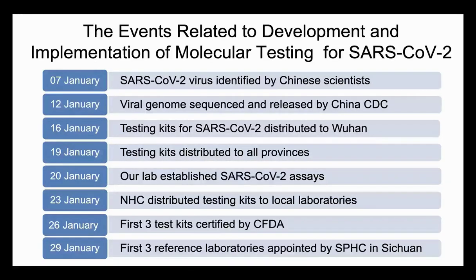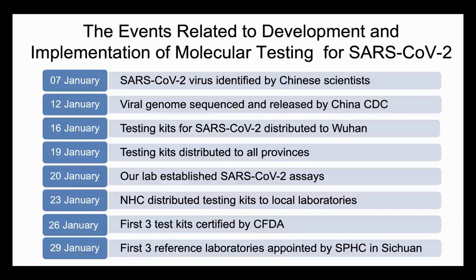Let's go through the events that occurred at the very beginning of the pandemic, which are related to molecular diagnostic testing for SARS-CoV-2. The outbreak was first reported at the end of 2019. By January 7th, the SARS-CoV-2 virus was identified by Chinese scientists. Five days later, the Chinese CDC released the virus genomic sequence, which made it possible for clinical labs and manufacturers to develop nucleic